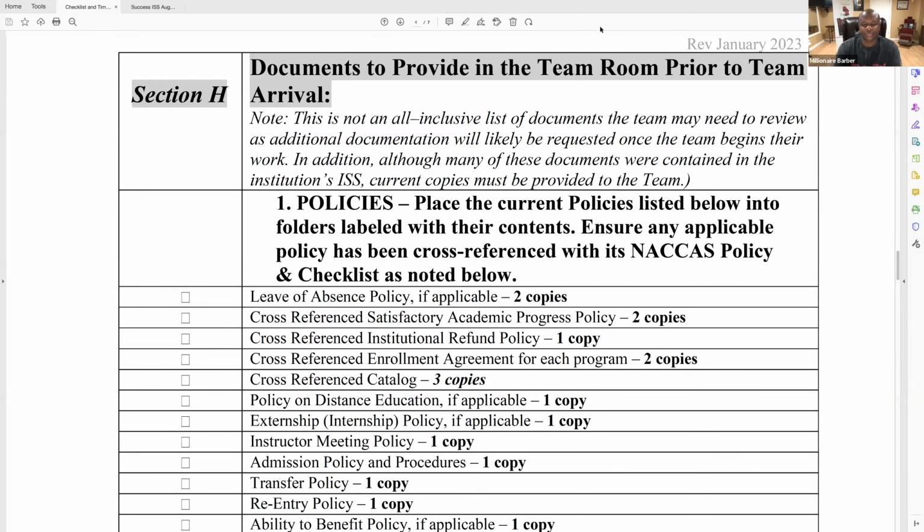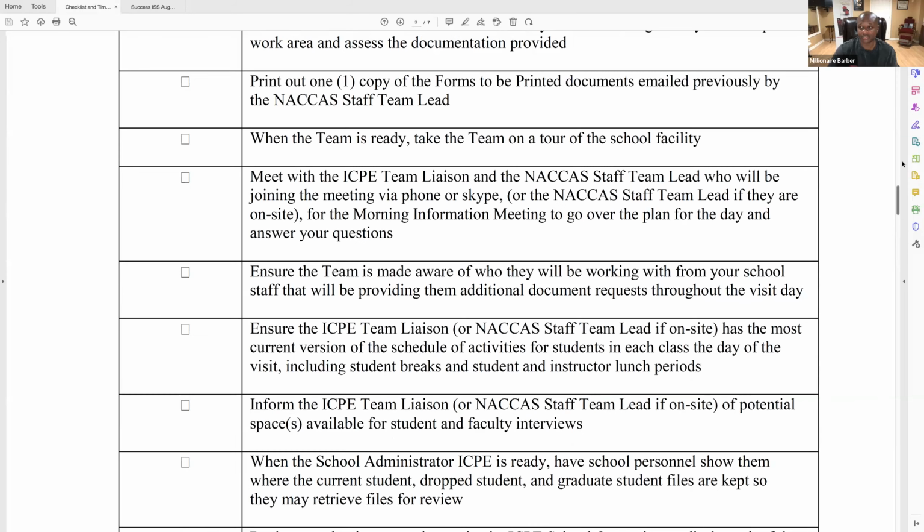Okay, in this training today, on your final visit from NACCAS, the accreditation team, they're going to send you a checklist. They're going to email it to you, and you're going to have to do this work before they come to your school. Now, I'm going to show you the beginning of the checklist that you're going to receive from